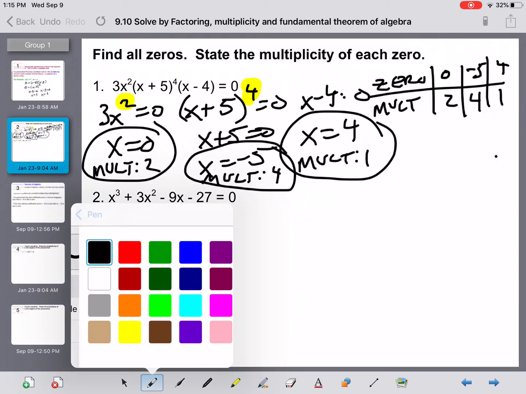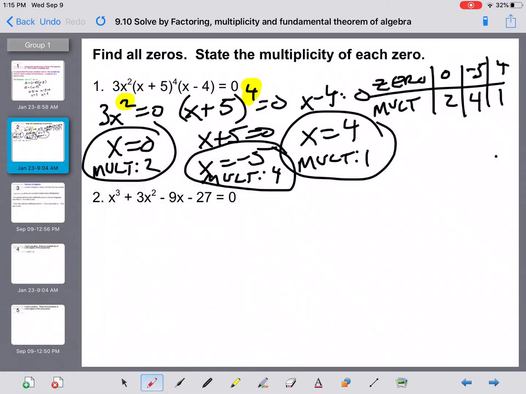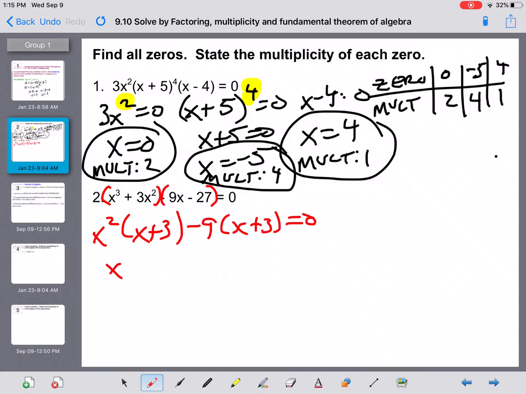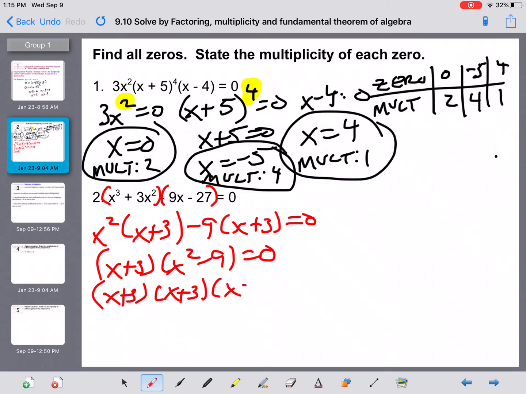Looking at the next one, we can solve this by factoring. If we have 4 terms, we can group. So we're going to take an x squared out of the first group. We're going to take out a minus 9 out of the second group. So we're going to end up with x plus 3 and x squared minus 9. And since we're solving by factoring, we want to keep factoring that to say x plus 3 and x minus 3. So you can see that x plus 3 occurs twice,